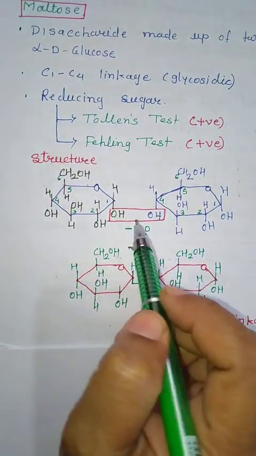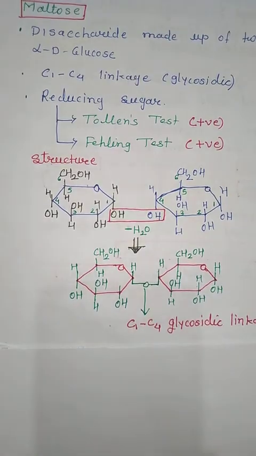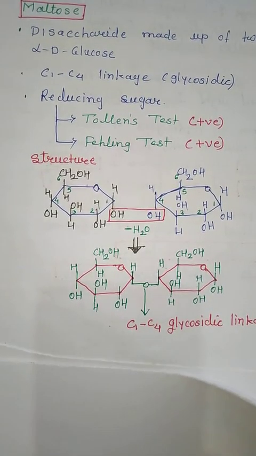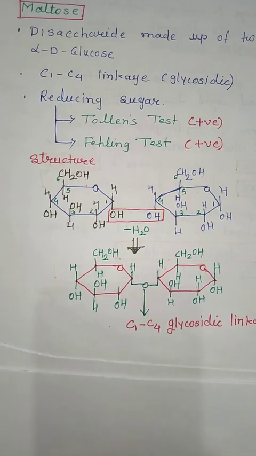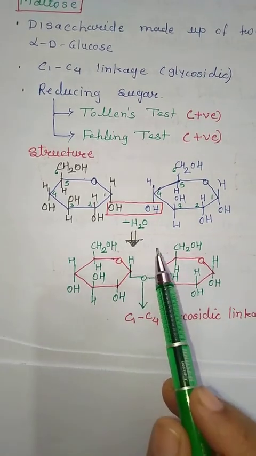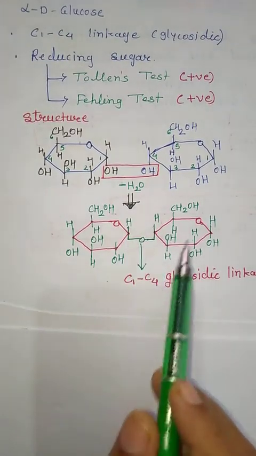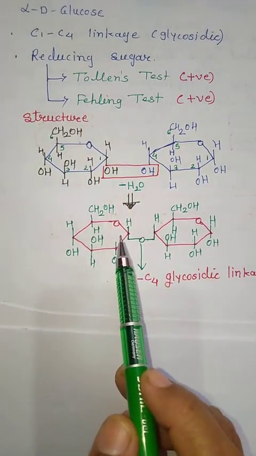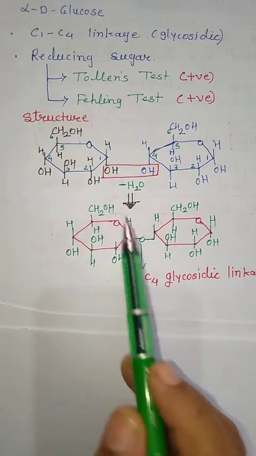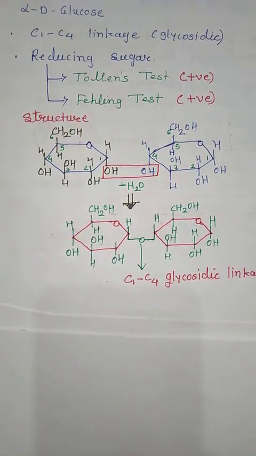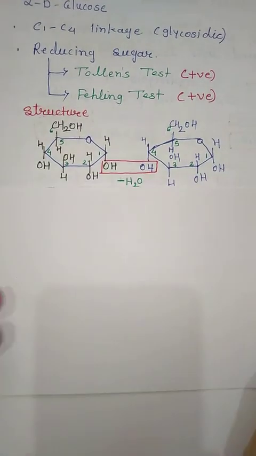Now, here we are going to see the structure. Here I have drawn the structure, but now I will show you how to make it easy and how to go about making the structure. On a plain board, you have to draw only the structure. But if you don't know how to make this, you have to mug up everything. So instead of mugging up the things, we will see how to write this structure. So let us start now.